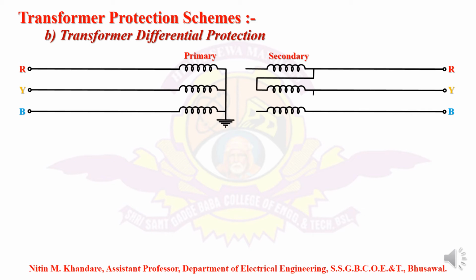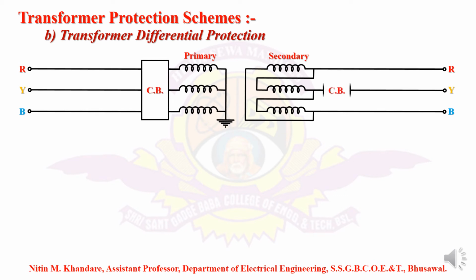I'm considering this connection because it has some problems in the case of protection. First of all, the transformer has a transformation ratio. That's why, under normal condition, the current of the primary and the current of the secondary have different values due to the transformation ratio. Also, when both windings are connected in different fashions, again some problems occur. So we are applying CTs on either side along with the circuit breakers.